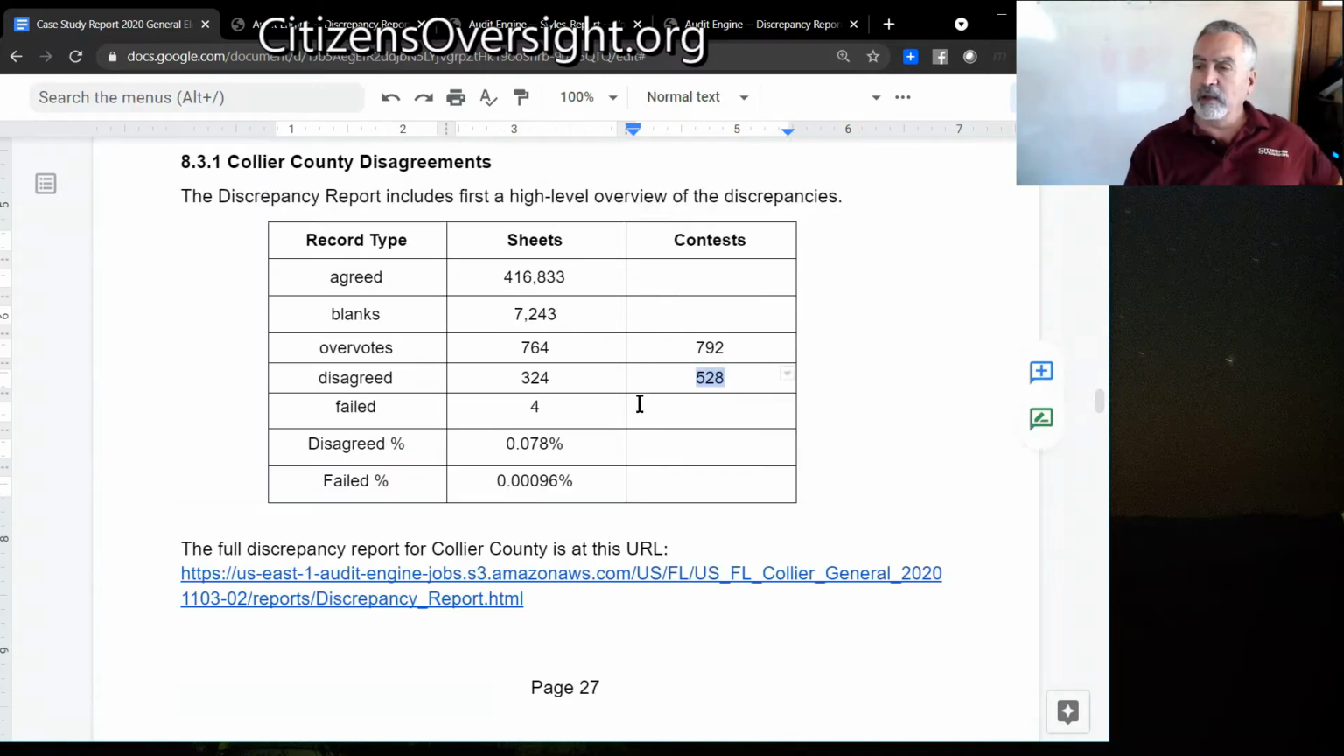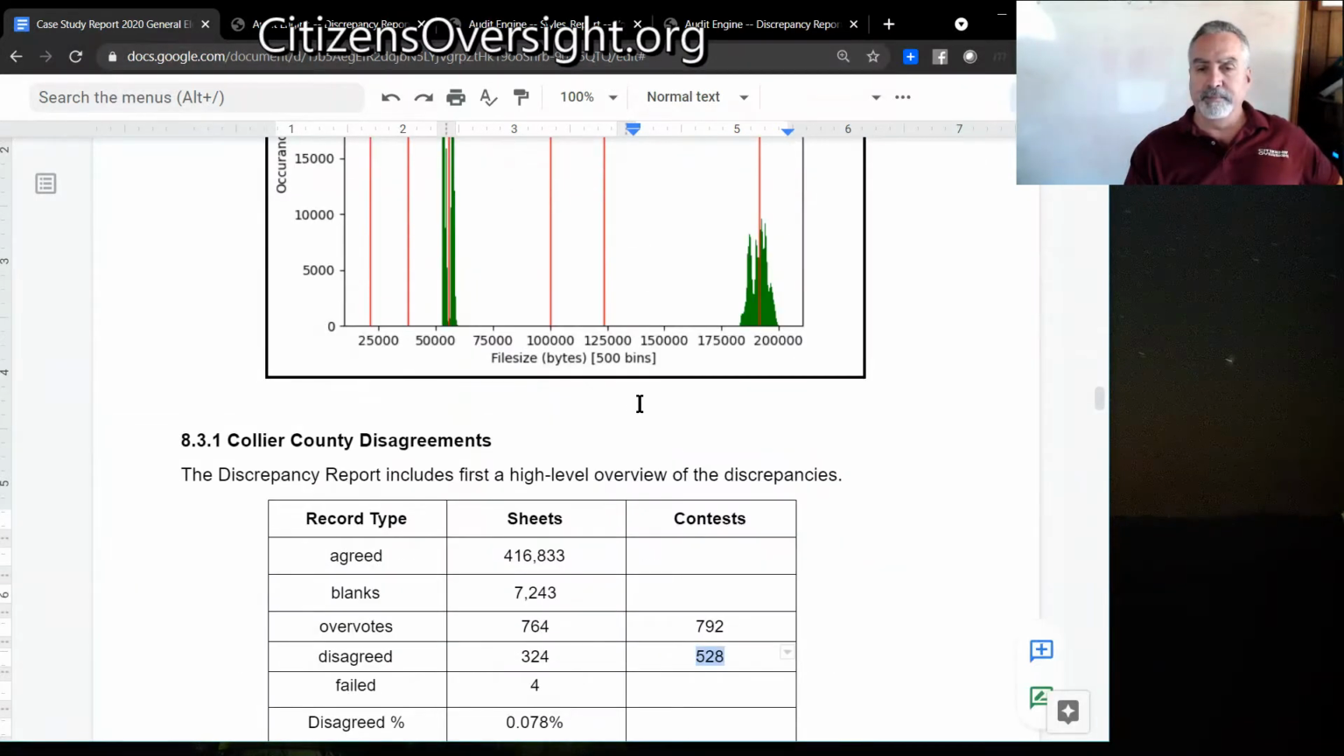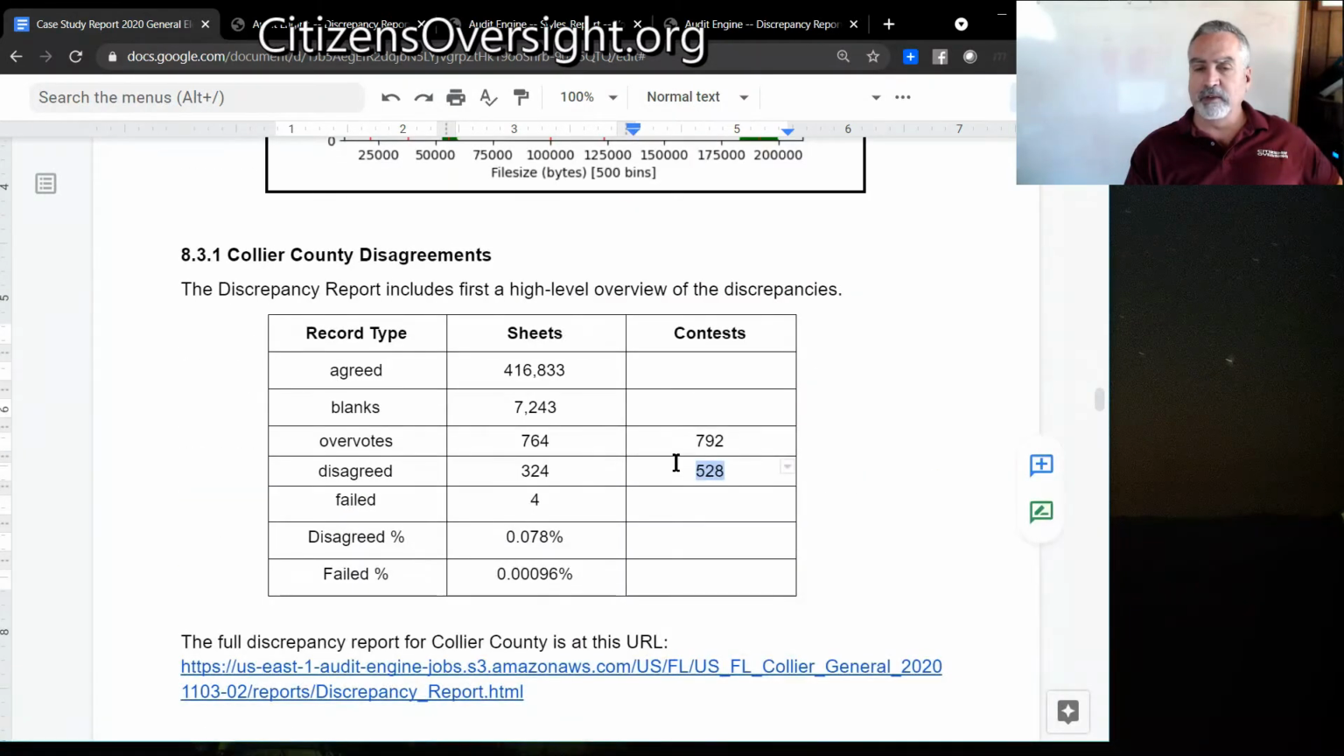And when we're at this point here, I'm going to skip down, because I think this is very instructive. This particular county had really clean files, no problem with that at all. Some stretching about some corrupted images, not too many, but we still have this number of disagreements. Now, if any of your contests are within this number,